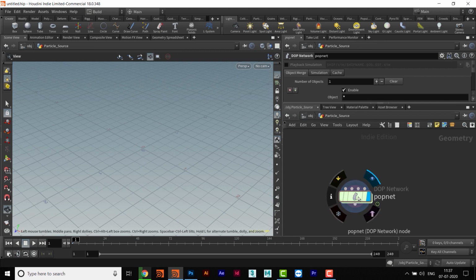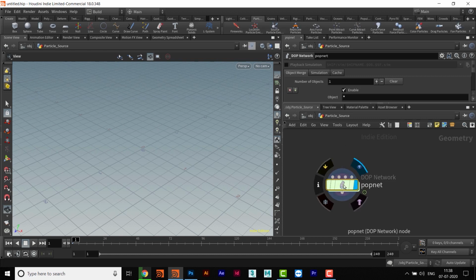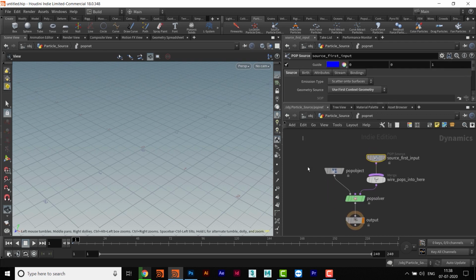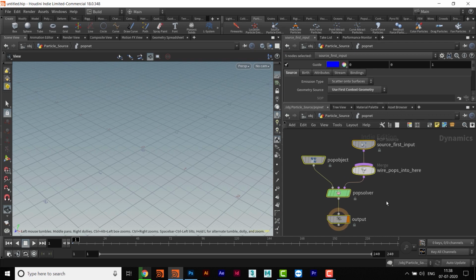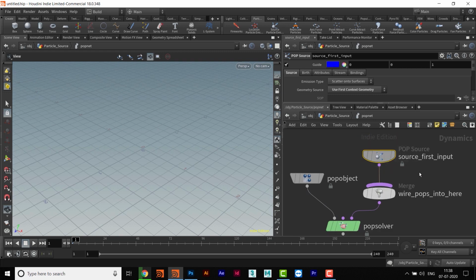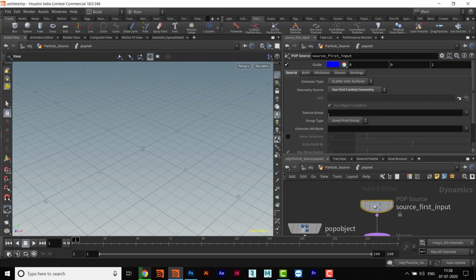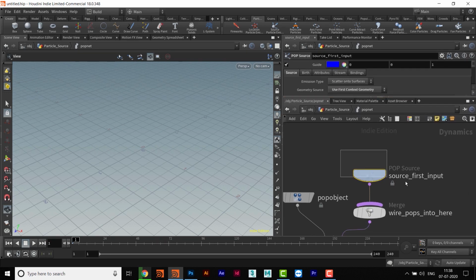because in most of the videos which you have seen, the particles are created by using some sort of object, but here we are not creating it. So I'll just get inside the pop network, and then here we are going to use this. What we have here is a pop source, but as you know very well, we are not using any kind of source here, so we can't use this one, because this node is always looking for the source path. Okay, so we are not using that one, and that is why we don't require this. So I will delete this one.